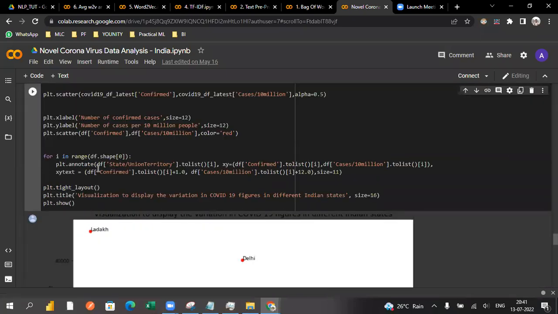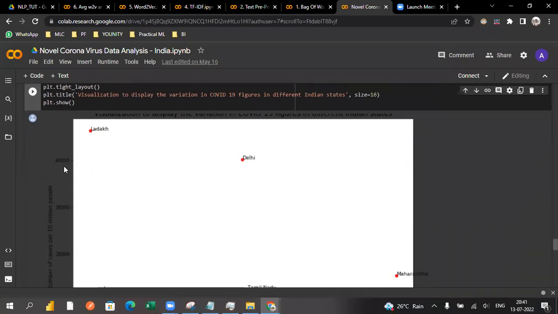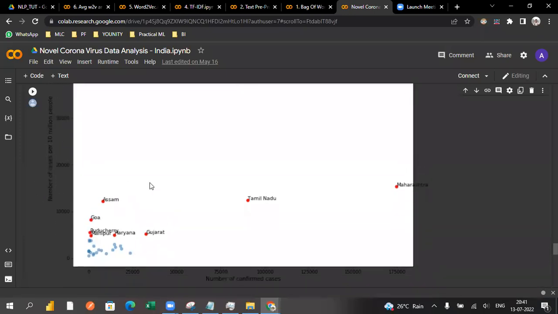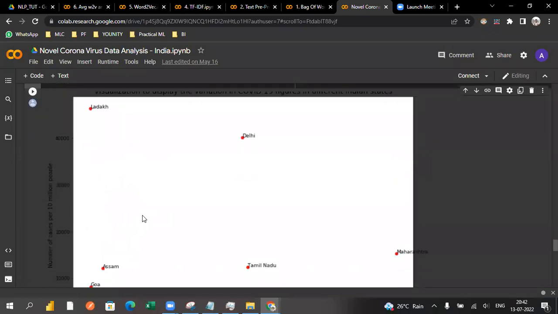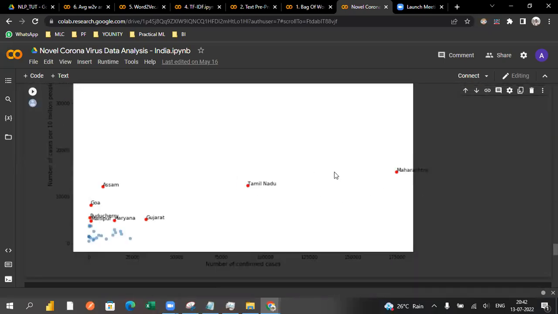Just plot it according to the number of cases and the confirmed cases per 10 million that we had. This is a scatter plot to understand how different states have distributions between the number of cases per 10 million people and the number of confirmed cases. You can see most of the states fall into this place, less than 50,000 confirmed cases. And Ladakh is at the very top, with the number of cases per 10 million people very high compared to Delhi, same as we just saw. For visualizing purposes, to get more clarity, you can also